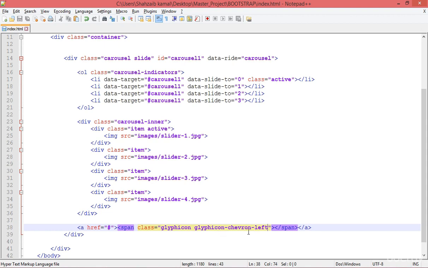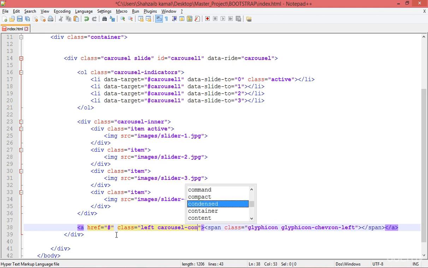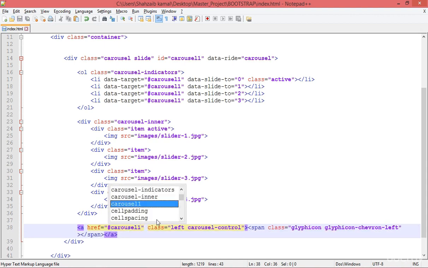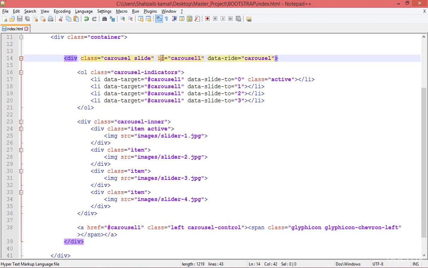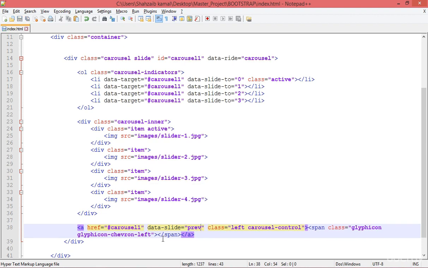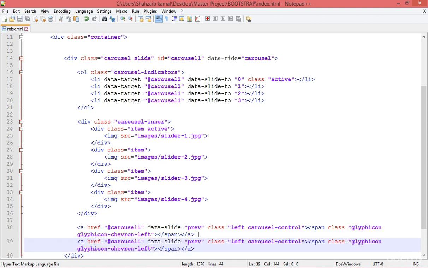Okay, that's super awesome. I'm adding some classes like the left carousel control. Great. Now at the hyperreference, I'm adding carousel 1, the ID of the main carousel. Okay, great. And then what I need is the data slide. What do you want to slide? I just want to slide the prev. Okay, the previous. Now simply copy that and paste that, and it should be the next, you know,